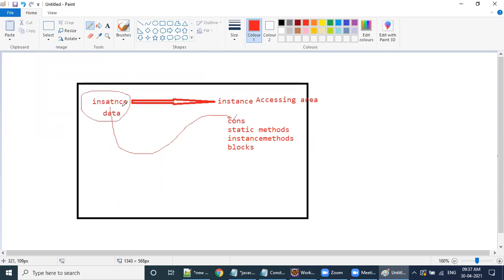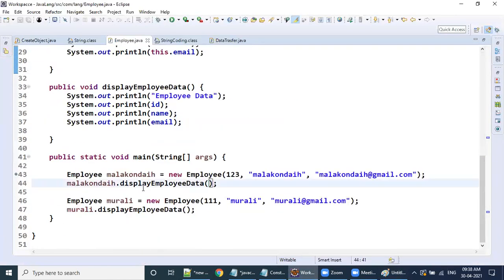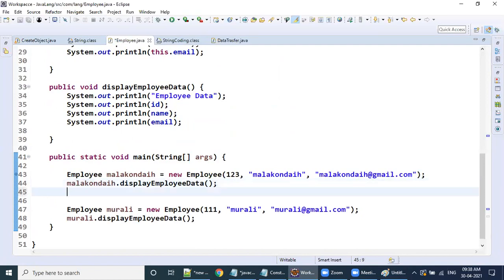Come on, tell me. Instance data, can I access it in static methods directly? Let me tell you. See here, now this is the static method.